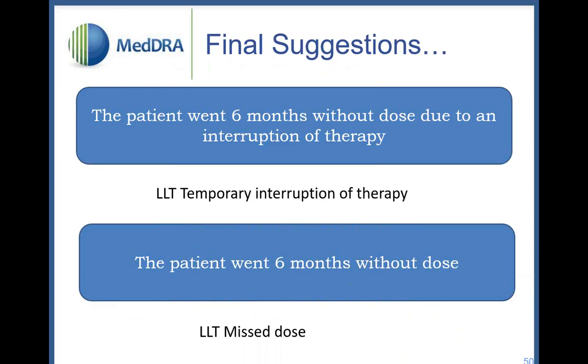So it's great, you can either decide to code it. If you do, you can use a term like missed dose if you don't have any other information, whether it was intentional or non-intentional. Or you can decide maybe you just need to query right off the bat and get that additional information, which is very important based off of all the points that all of you brought up during the poll.